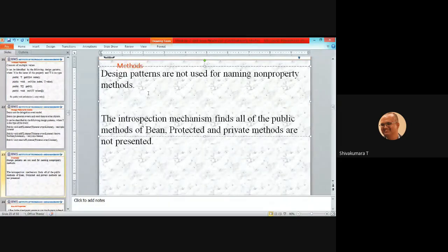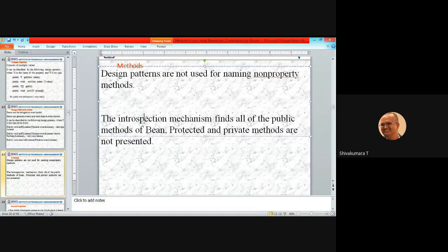The introspection mechanism finds all of the public events, properties and methods of a bean; protected and private methods are not presented. Introspection is a process of analyzing the capability of the Java Bean.